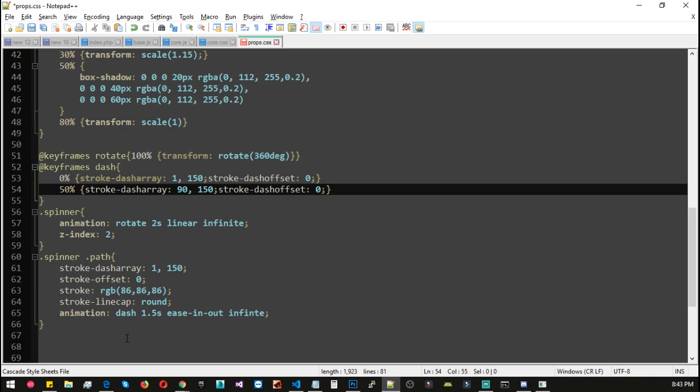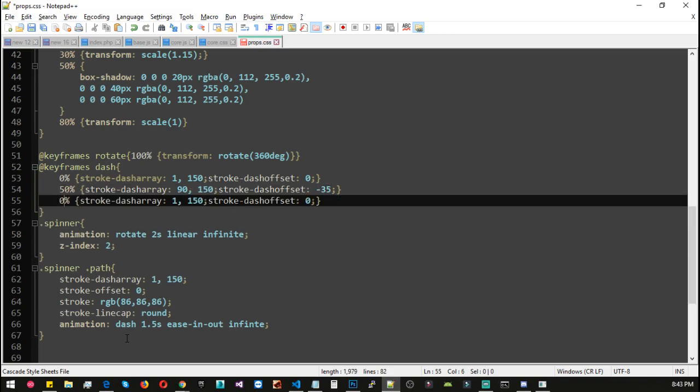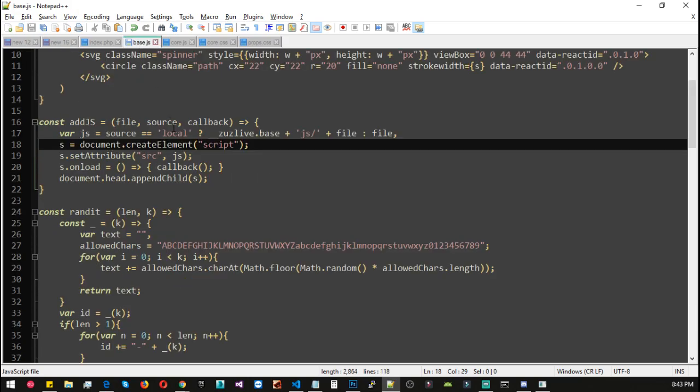and now I need to add 90 to 150, and offset should be something like -35, and for 100% we will be using 90 to 150 as well, but this time the dash offset should be something like -124. Let's save it, go back to our base.js,